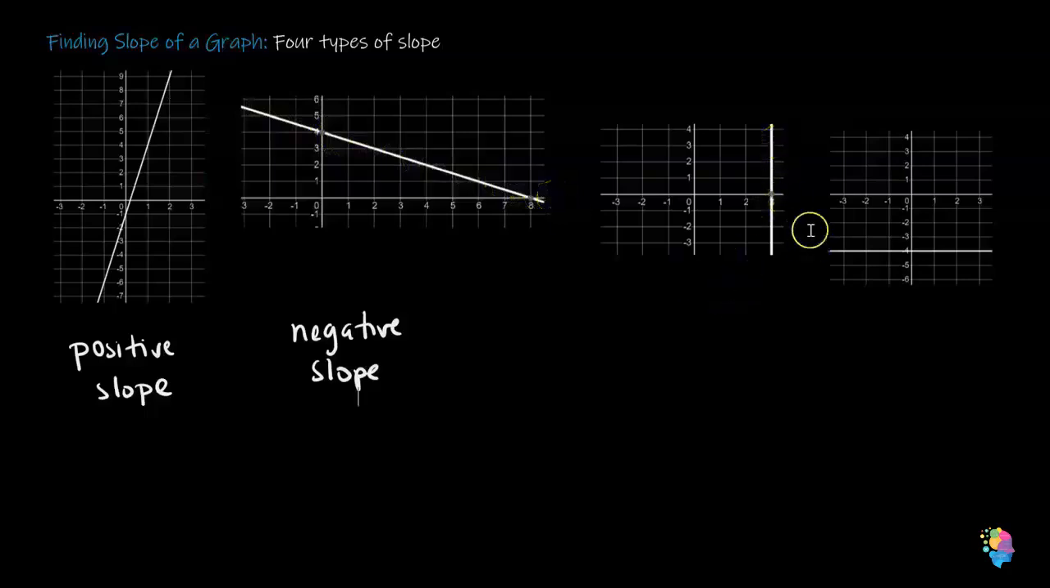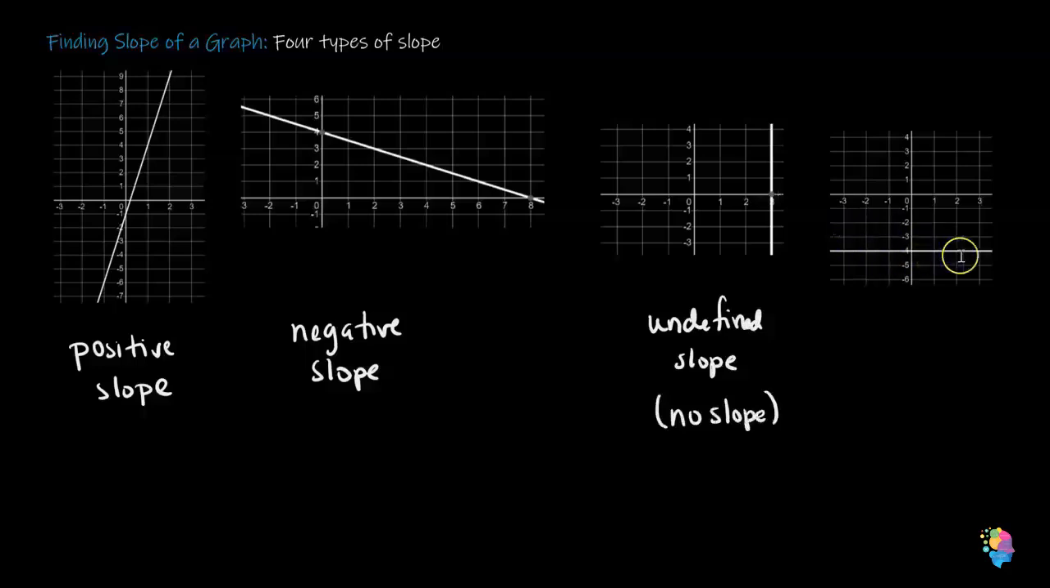If you have a vertical line, you're going to have an undefined slope. Now, if you're looking at books on these, some books call this a no slope. And if you have a horizontal line, then you're always going to have a